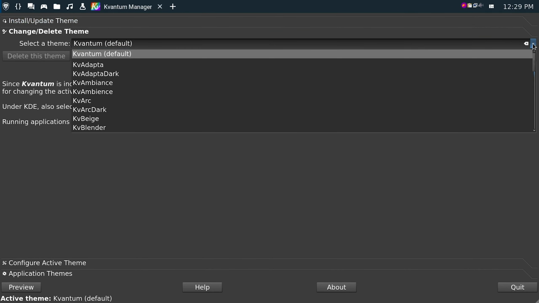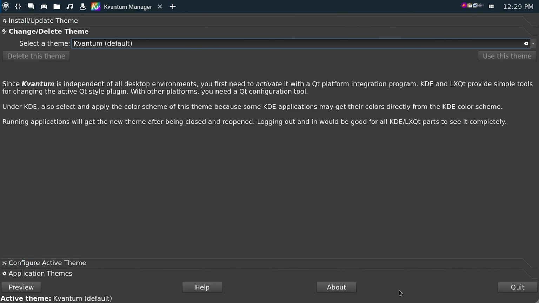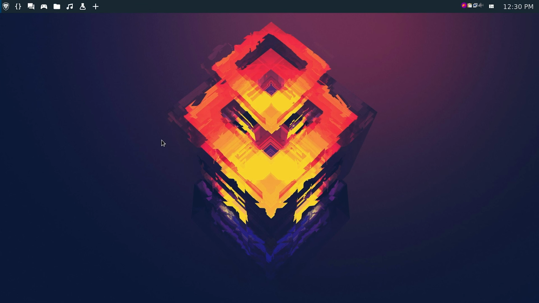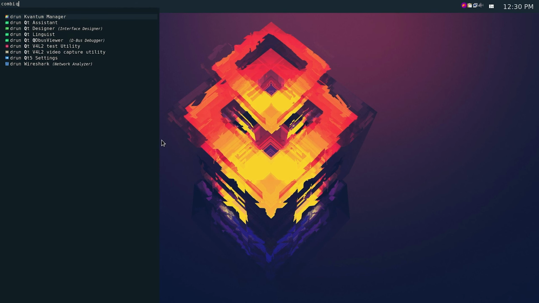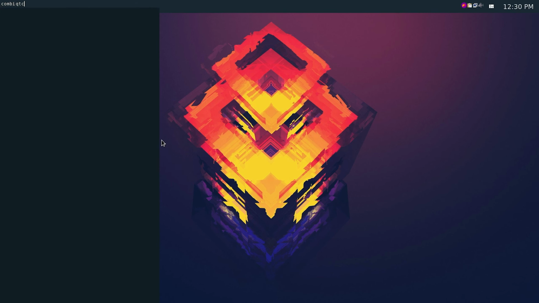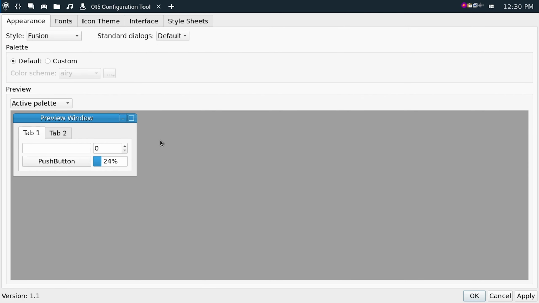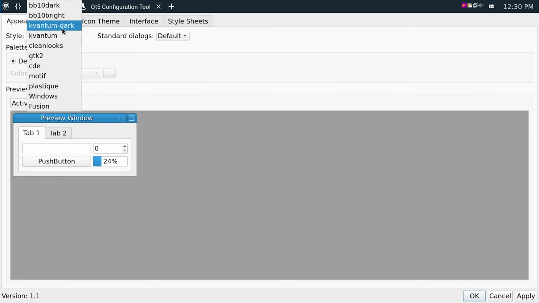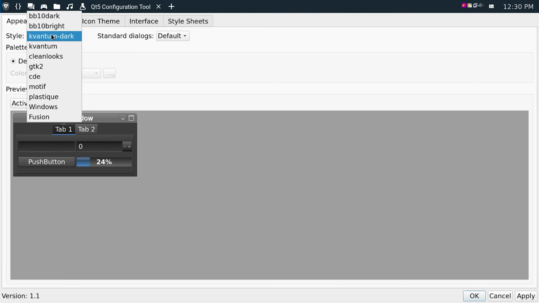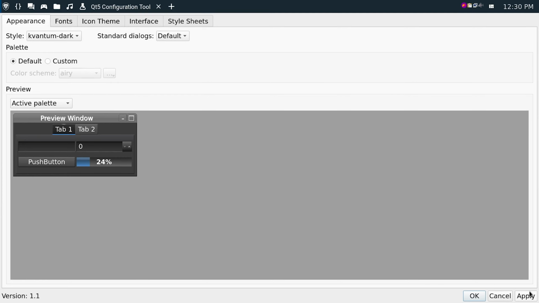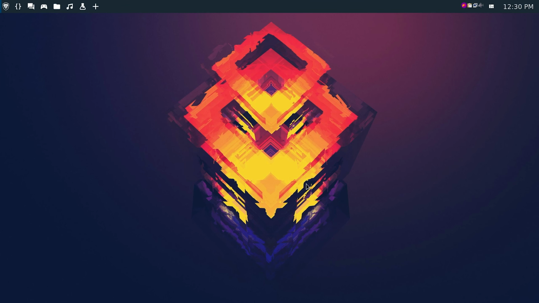So you need to set the theme, and I need to open Qt5 settings also. Here you need to set the theme, set Kvantum dark for the dark theme, and press apply and OK.